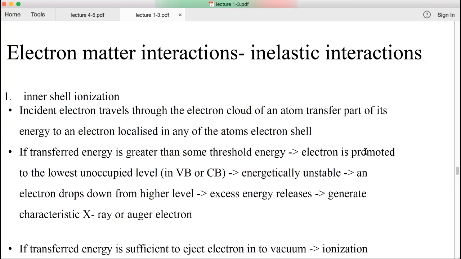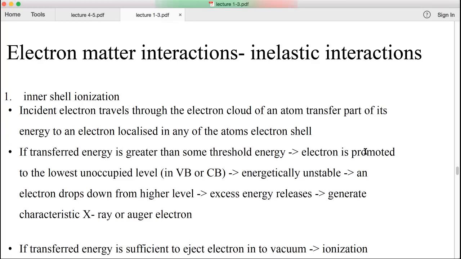Now you know that we have electron shells, right? In an atom we have the nucleus in the center, and then we have electrons orbiting around, and we call these orbitals electron shells, K, L, M, N, likewise. And if one of these incoming electrons interacts and provides energy to any of these orbiting electrons,